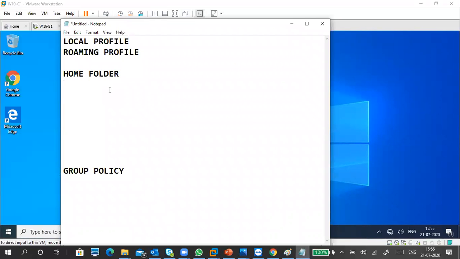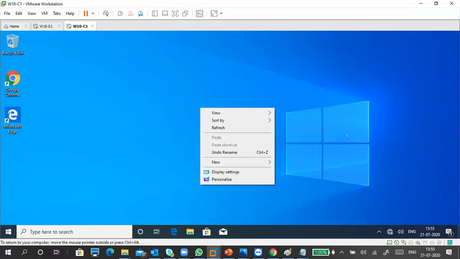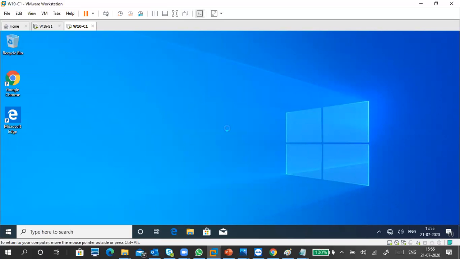Okay, so one more folder is there, the work folder. For the work folder, you require a lot of patience.